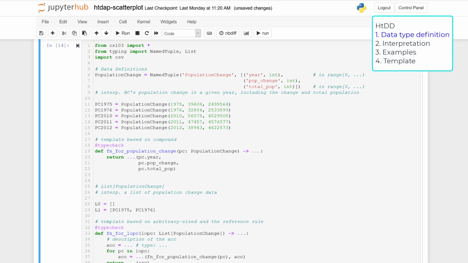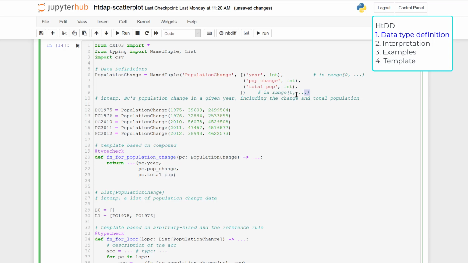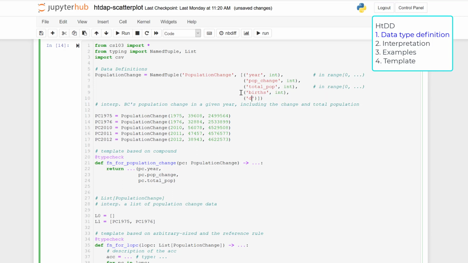First, we'll change the data type definition to include births and deaths, their types, and their range. I'll add births as an int and deaths as an int.